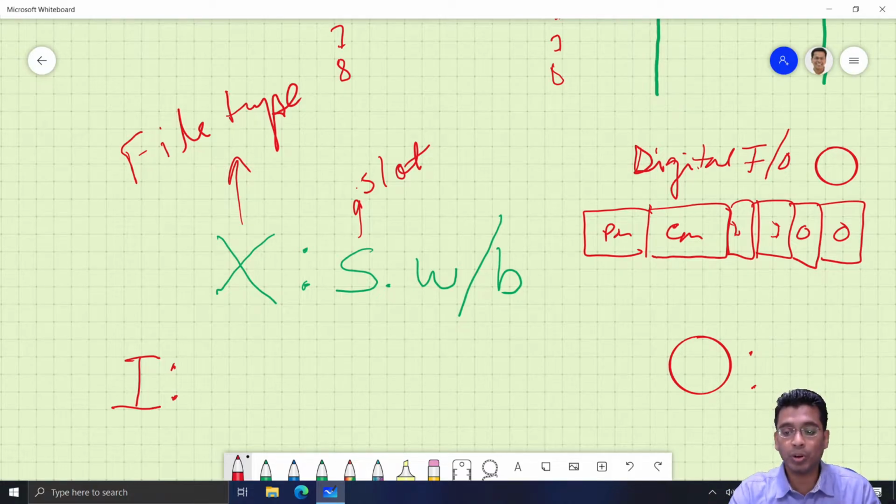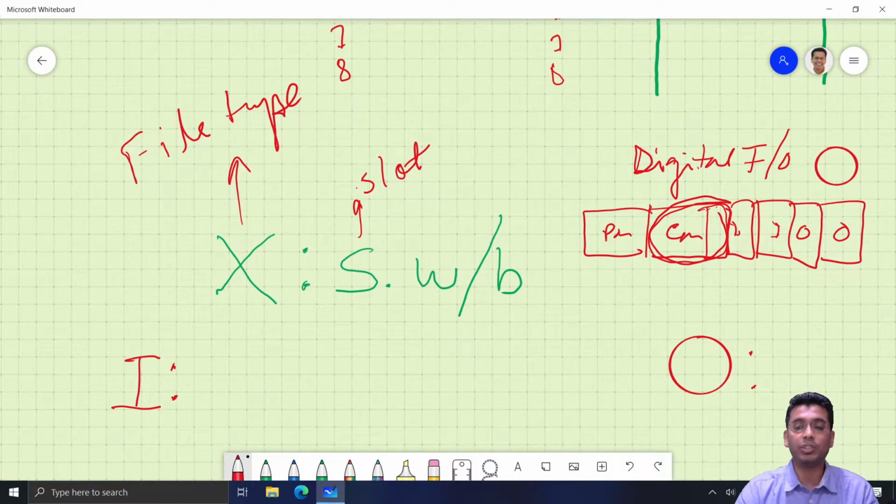Most of the time, your digital input or digital output modules form a different part of the PLC. They are not embedded within the controller. But most of the time they are within this system itself. That means you have the controller here, and your digital input and digital output modules are located in this controller itself, and hence they are not given any slot. So this is the 0th slot, where the controller is.